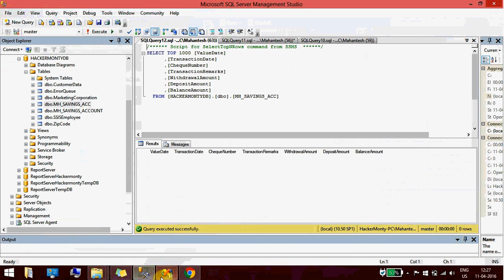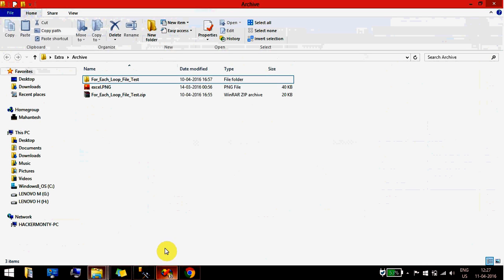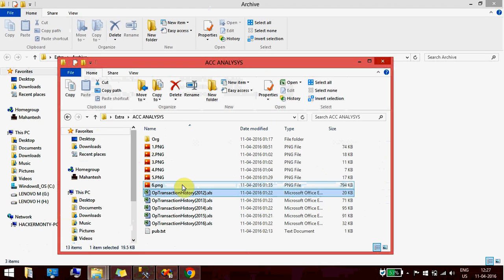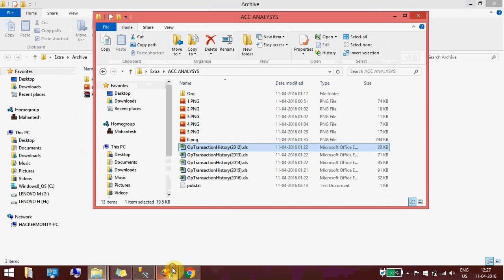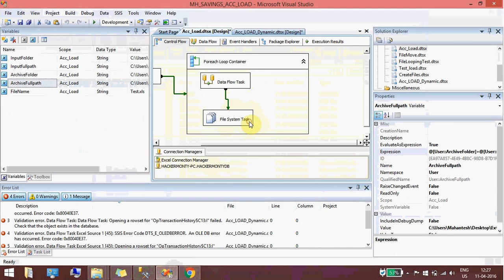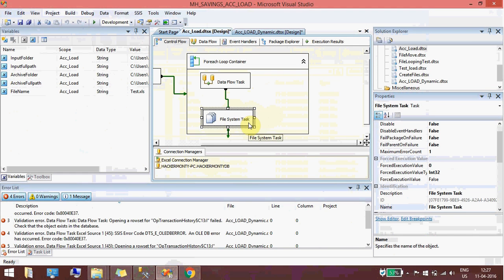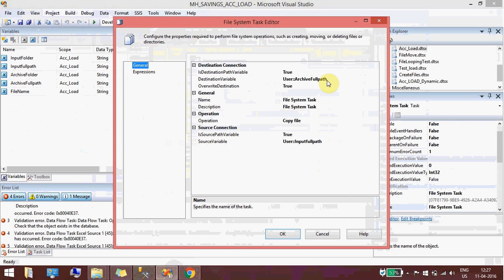So this is empty now, and there are no files here. There are files here, this is my source file. What I'm doing with this file system task is archiving once the data is loaded for all the Excels. You can even move from here to here.